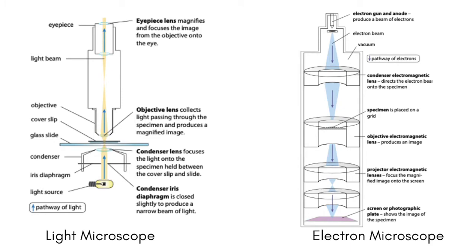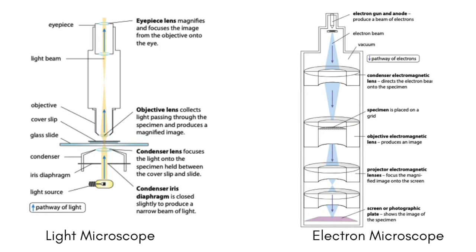Alright, so the two images here show a light microscope and an electron microscope. For a light microscope, you can see the pathway of light goes from down and you'll be looking from the eyepiece. So it consists of an eyepiece, light beam, objective lens, condenser lens, and the condenser iris diaphragm. So you have to place the sample on the glass slide, on the light, and you can observe it from